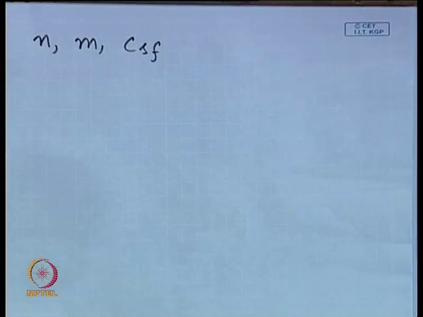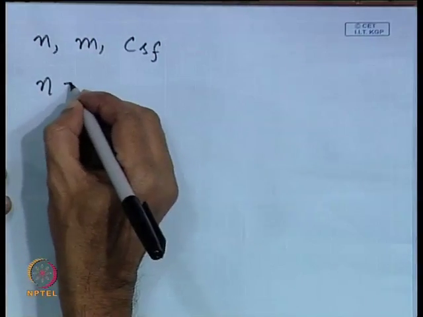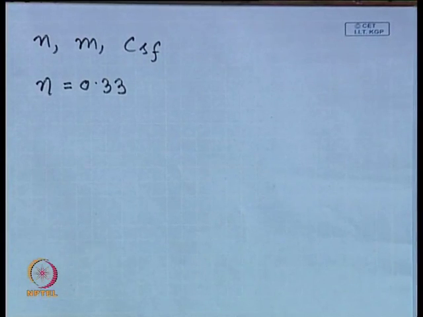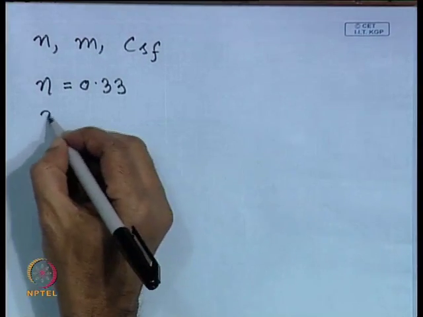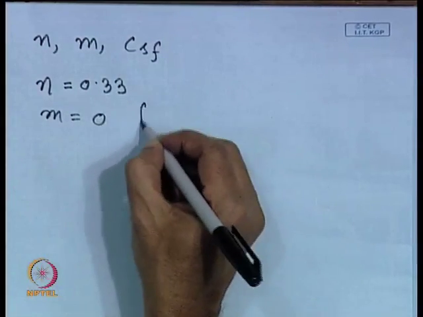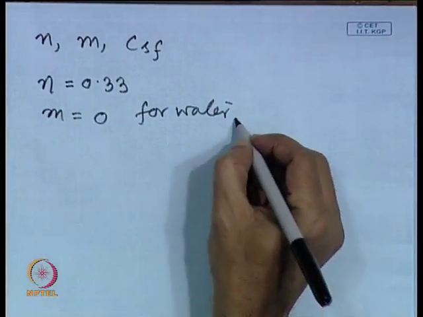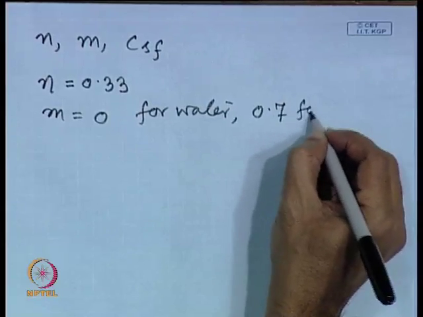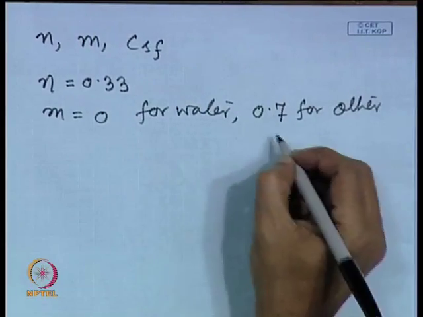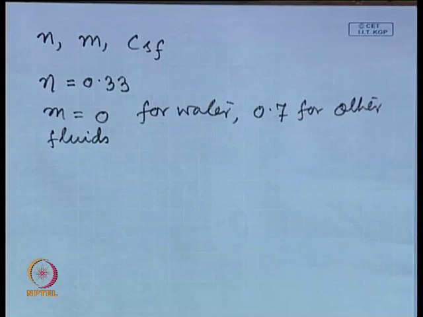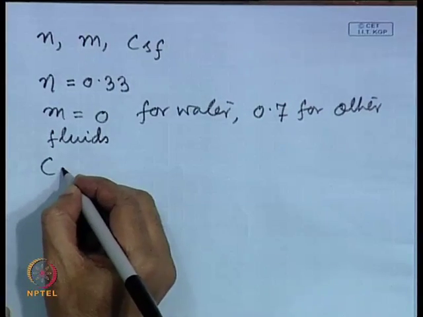Now, n is typically taken as 0.33, n is equal to 0.33, m is equal to 0 for water and 0.7 for other fluids. Generally for aqueous system and water, m is taken equal to 0, and it is 0.7 for other fluids. Then C_SF